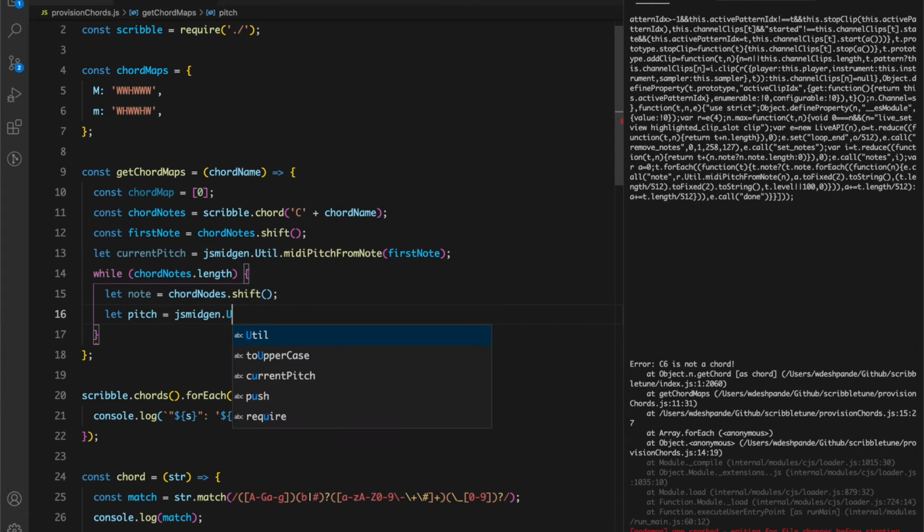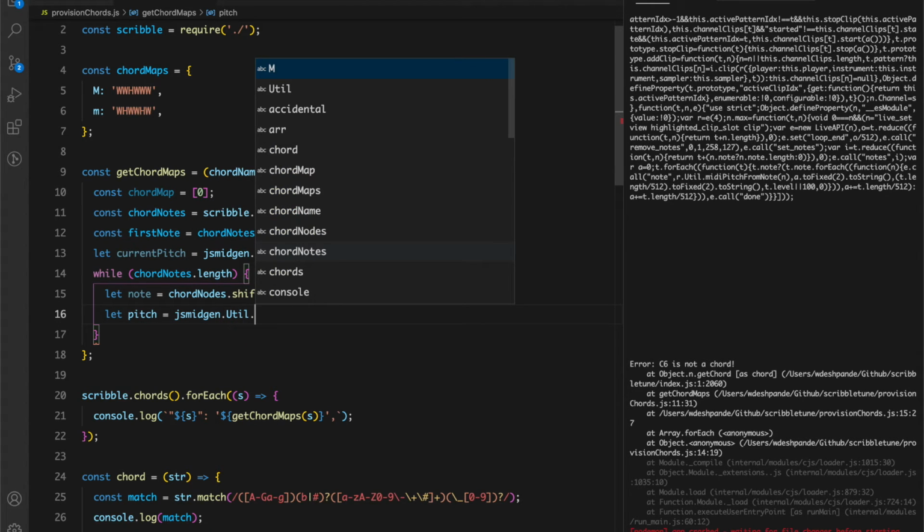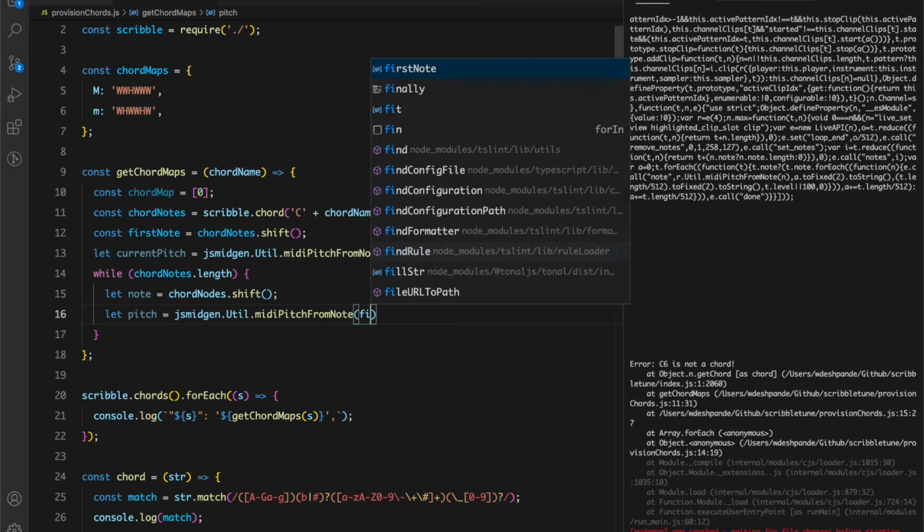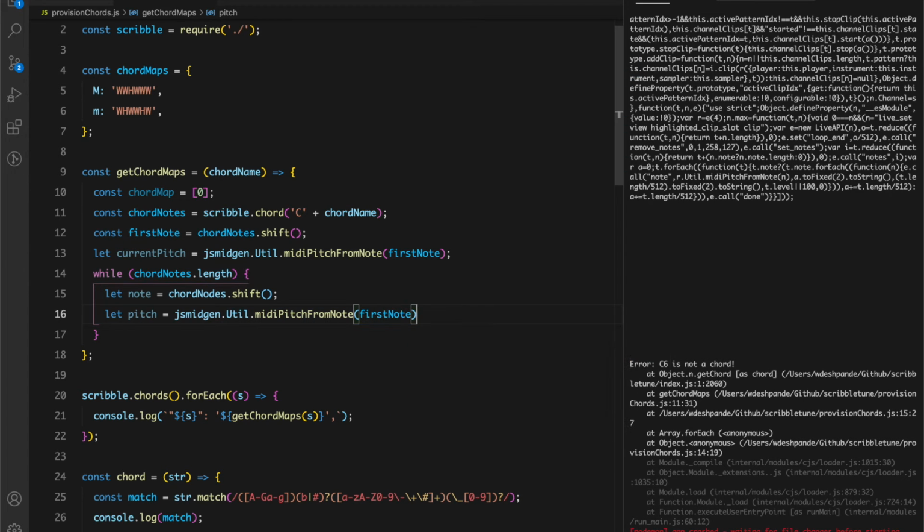In this case, we are going to compare this pitch with the root note's pitch every time. We're not going to increment that like the way we did it for the scales. If you saw that video, here we're always going to have an index in relation to the first note. So the current pitch will never change. Actually, we could have even made it a const because it's not going to change.